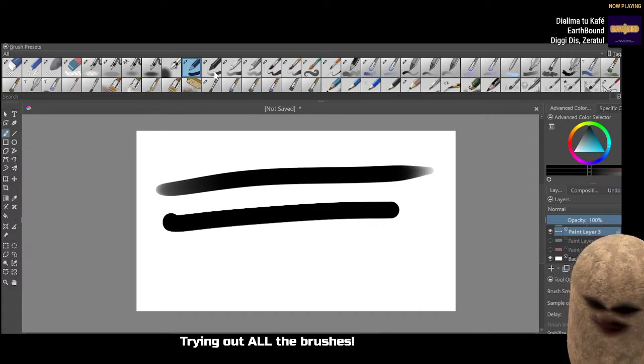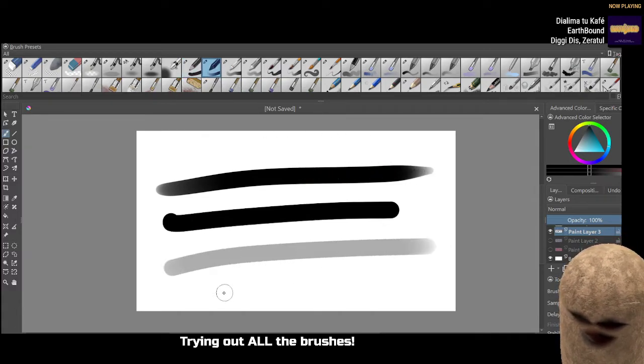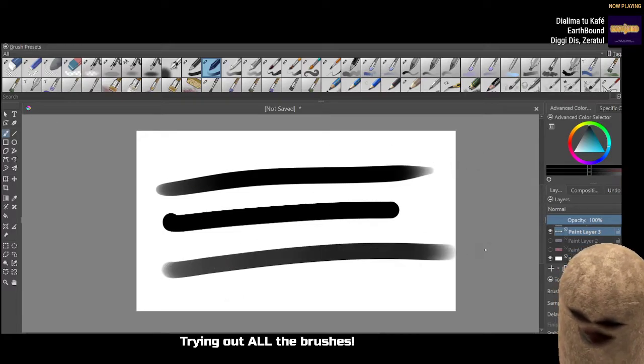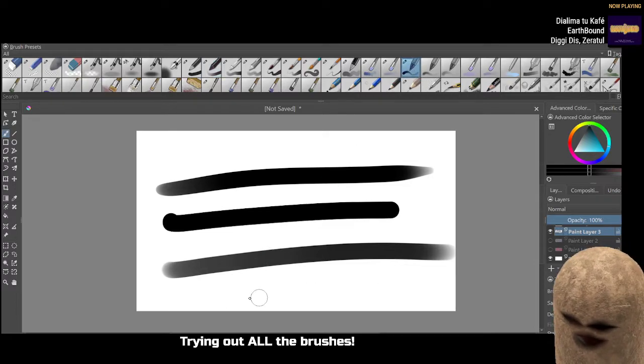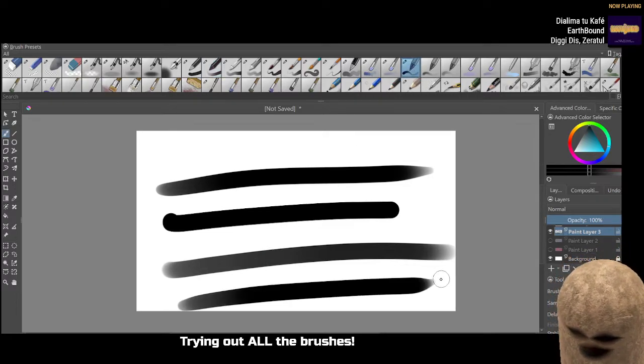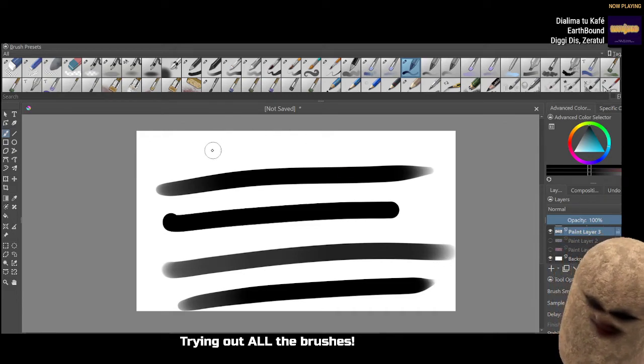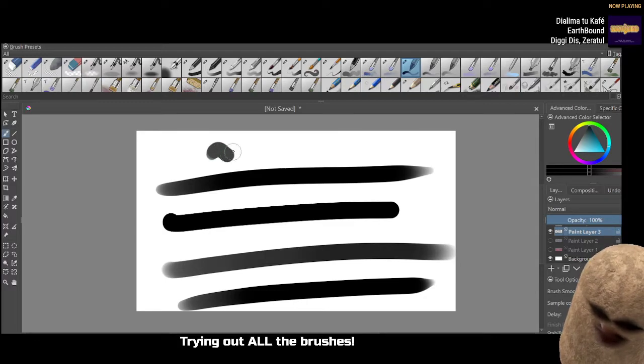I guess the fade seems to be about equivalent as the other brush, except it has the added benefit of